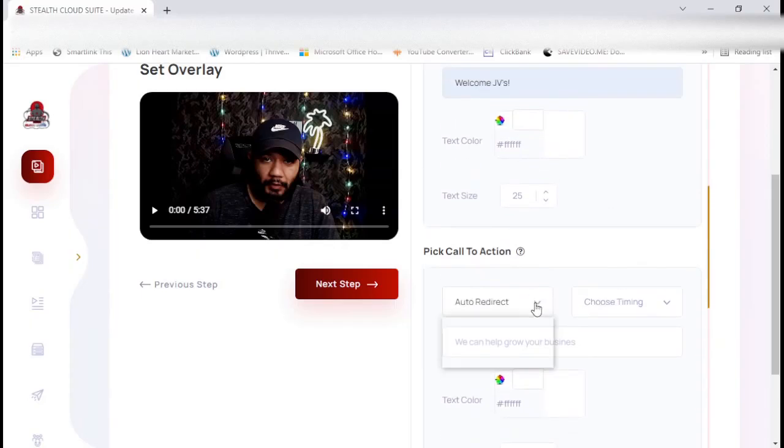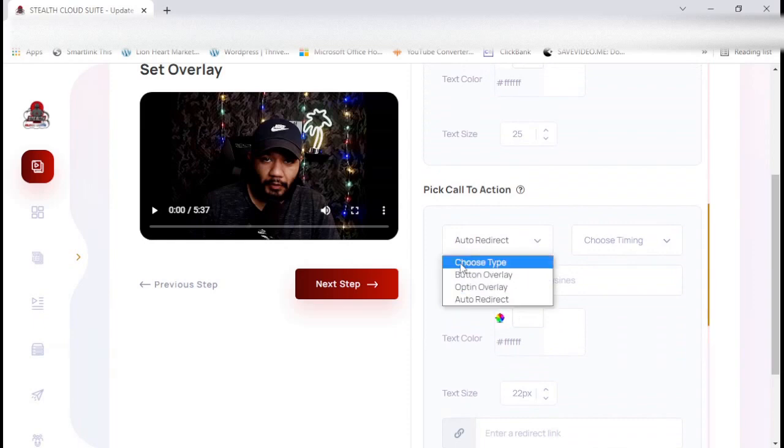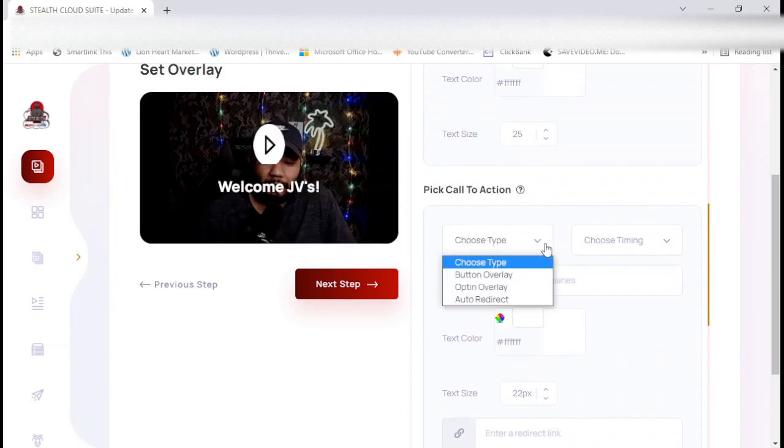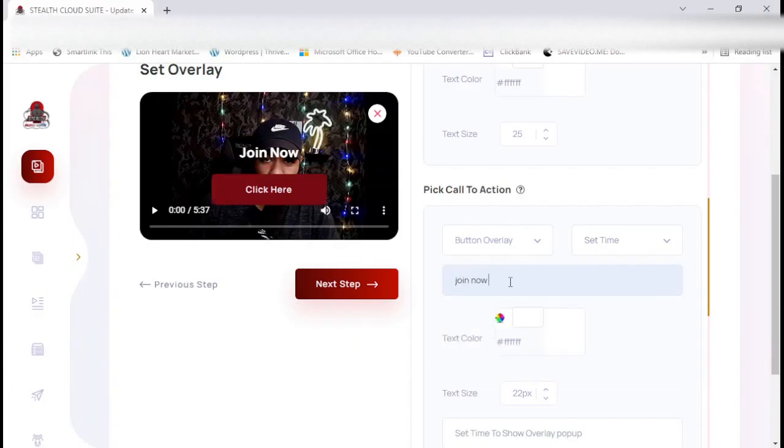The auto redirect will basically redirect them the moment something is prompted. But for this, we're gonna do the button overlay. Choose the timing of when you want this. You could choose when the video's paused so they can click on it, at the end of the video once the video's ended, or set a specific time. And basically, you can have whatever you want to say on this, like going now, or